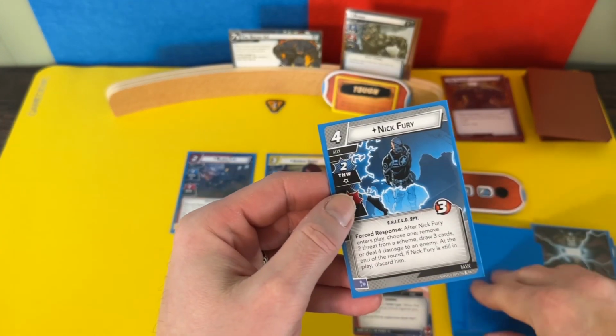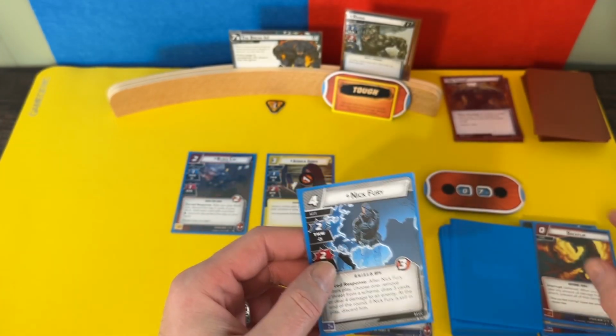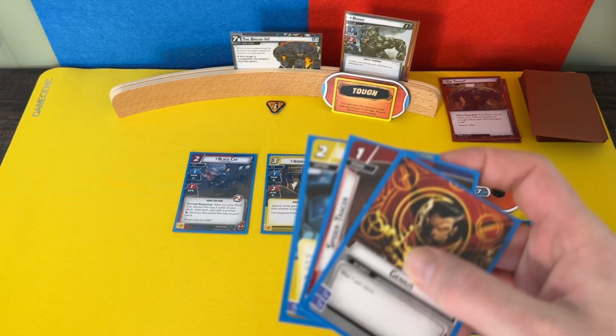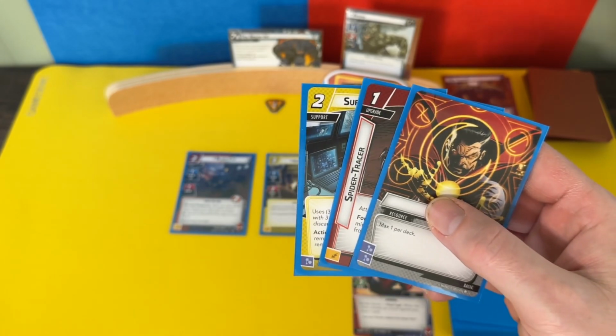We get, oh, Nick Fury has mental, nice, and Backflip does not. Oh, that's too bad. But at least we got Nick Fury in our hand. Well, I say we play Nick Fury, so we are going to discard, well, actually, do I want to do